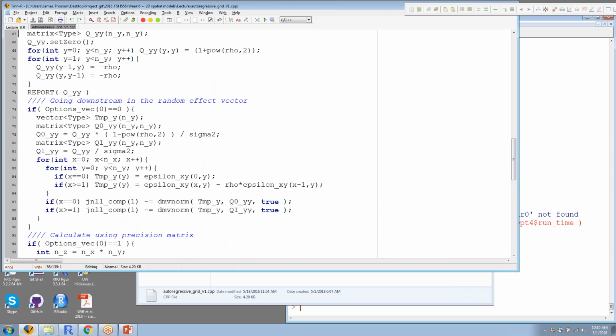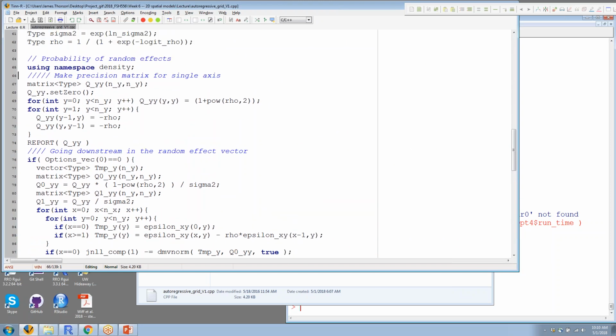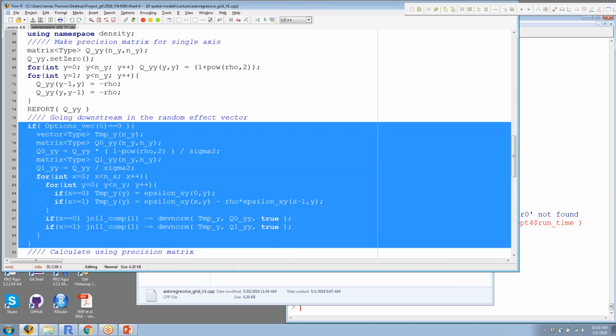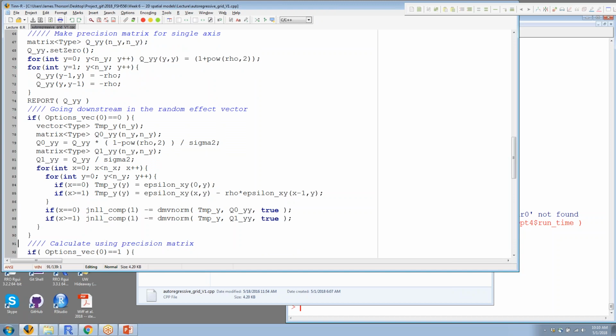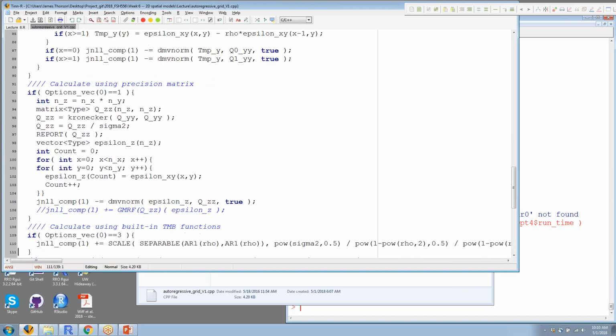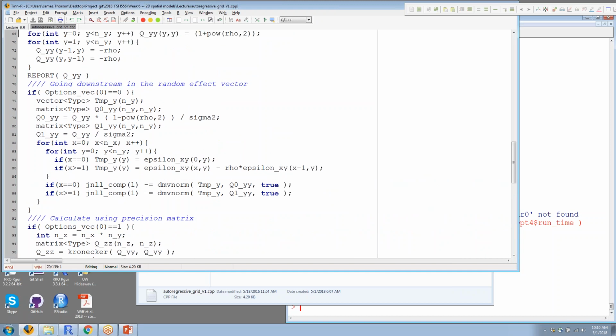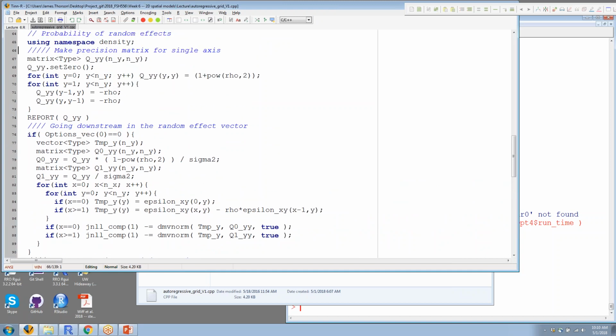And so, similar to the structure of the code before, we've got one block of code where we do this one way, a second way, a third way, and a fourth way for doing the probability of the random effects. So walking through those, let's see, the first one,